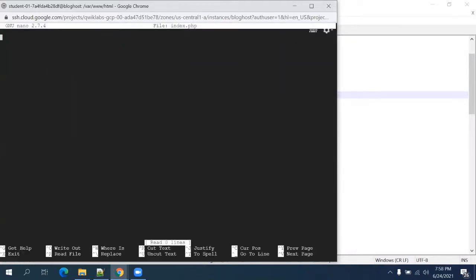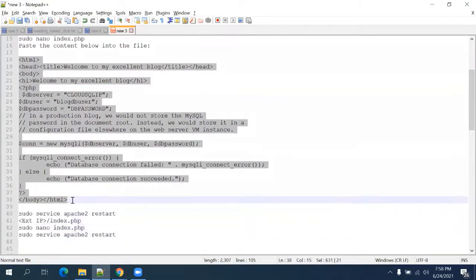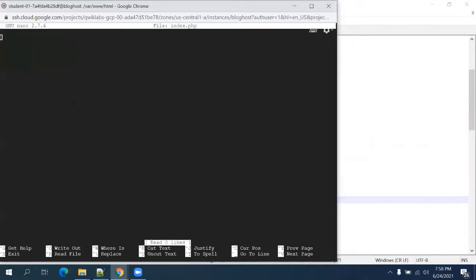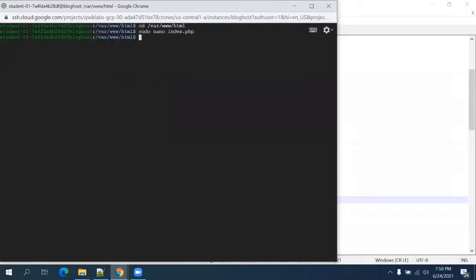And we will paste this content. We will use Control O to save the file and then Control X to exit.